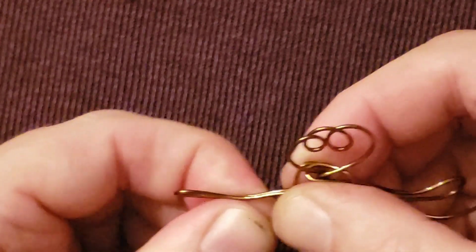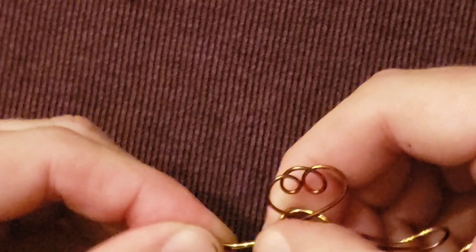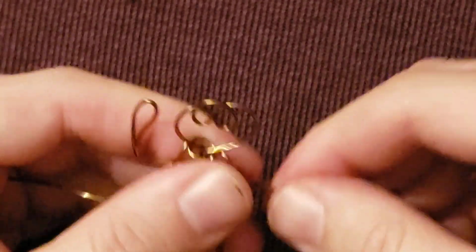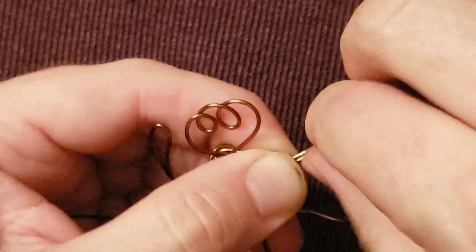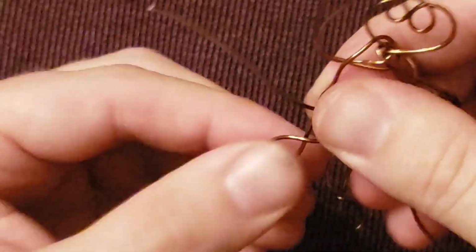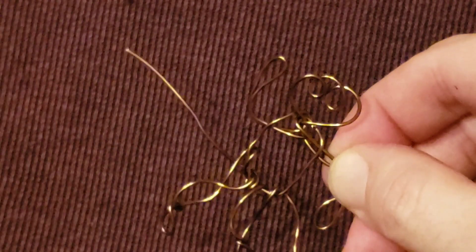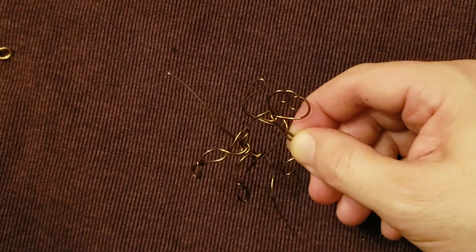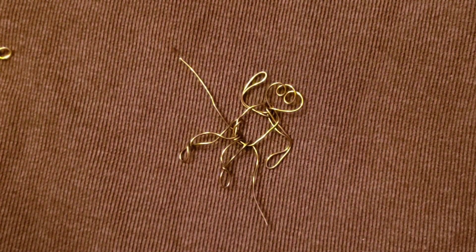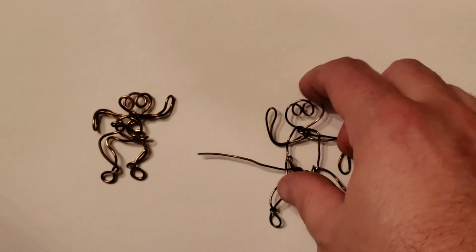Now, here we go. So I ended up like this. One leg is too long, but that's okay. Let's worry about the more important things, like which position should his arms be in to look like he's having the most cool party time ever. And let's see. You could twist this leg. There we go. Now it looks like he's doing this funky dance. Can you see him? Maybe I need a lighter background. What can I use? Is that better? Is that too bright? All right. So anyway,